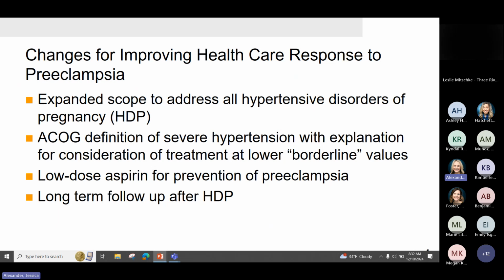Changing for improving the healthcare response to preeclampsia. This is an expanded scope to address all hypertensive disorders. ACOG definition of severe hypertension actually changed with some explanation for consideration of treatment at even lower borderline values. This is a relatively new stance, and we'll talk about it a little bit more, but they're now suggesting that the criteria for treatment should even be lower than what we've established in just the recent past. Talk about some low-dose aspirin for prevention, and then the long-term follow-up after patients have had conditions of hypertensive